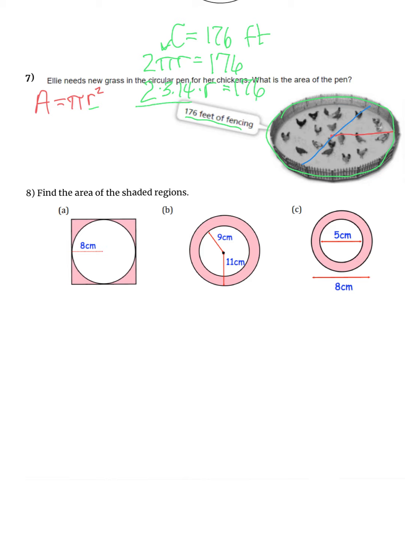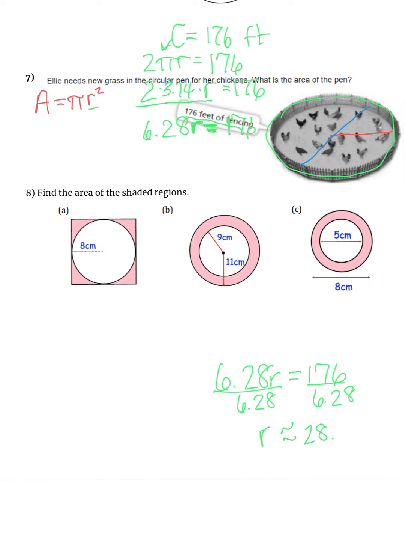So 2 times pi would be 6.28. So 6.28 times the radius equals 176. Let me bring this down here. So I have 6.28 times the radius, what I don't know, is 176. To solve this, I'm just going to divide, and I get that r is about